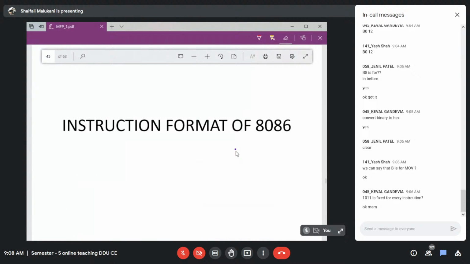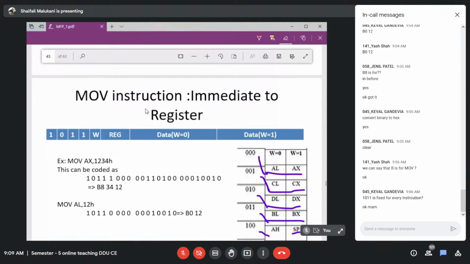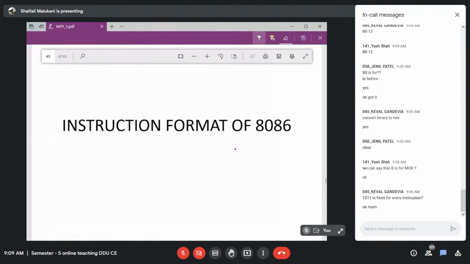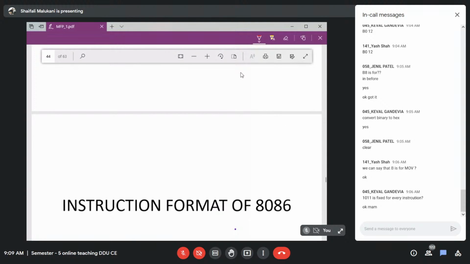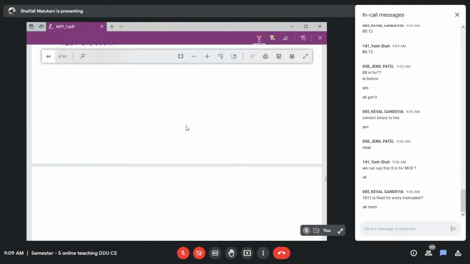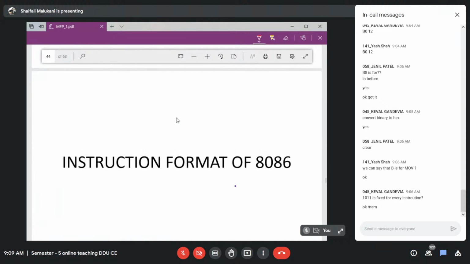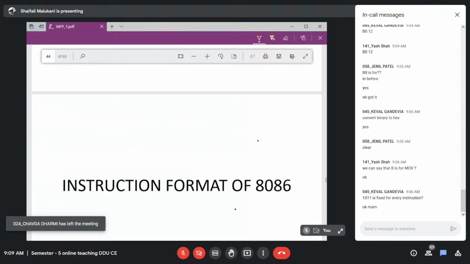Now we are going for the next case. This is only the slide that we have covered so far. Okay, now what we are going for? Now we are going for the move instruction between registers and register and memory. So let us focus on